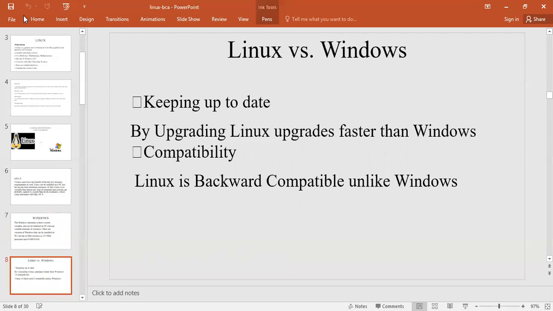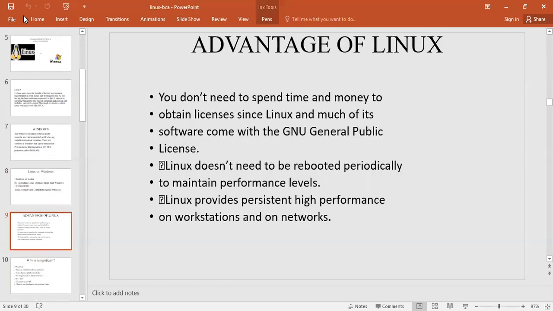Linux versus Windows. Keeping up to date: Linux upgrades faster than Windows. Upgradation is faster in Linux than Windows. Compatibility: Linux is backward compatible, unlike Windows. There are different advantages of Linux.